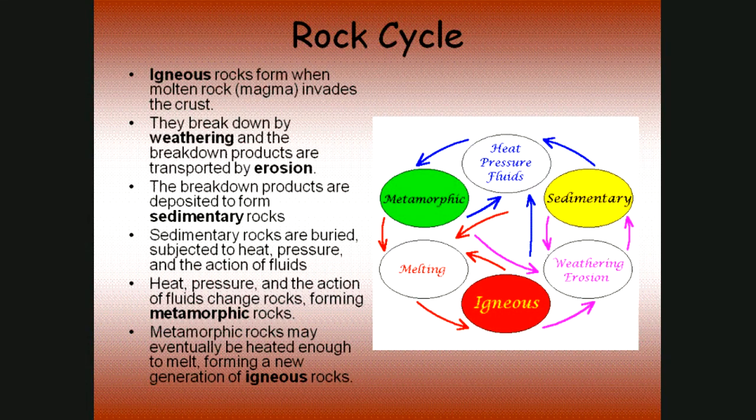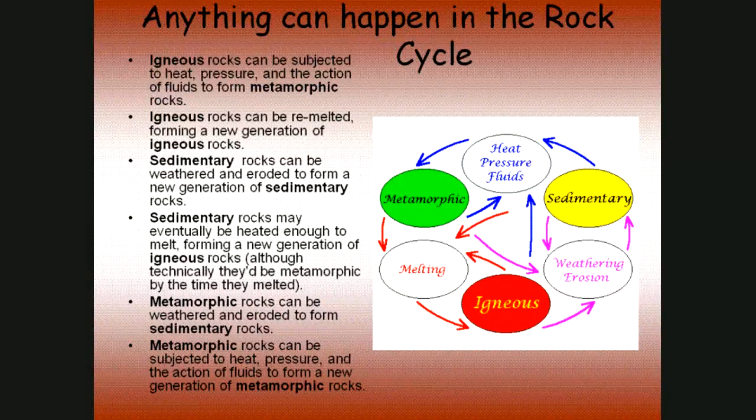But the thing you need to remember about the rock cycle is anything can happen. The shortcuts can occur. So an igneous rock can be changed to a metamorphic rock with enough heat and pressure at depth. An igneous rock can be remelted and then recooled and crystallized into a new igneous rock. And actually, an igneous rock, if uplifted to the surface and subjected to the proper agents of weathering, can be weathered